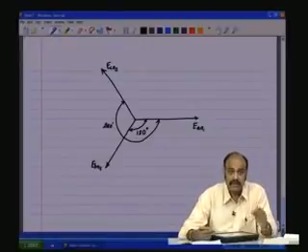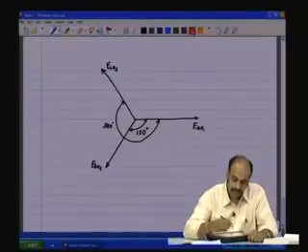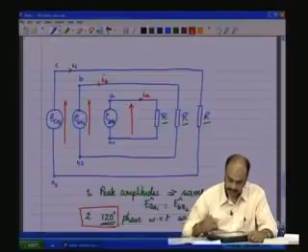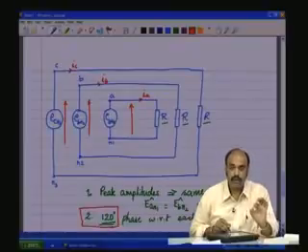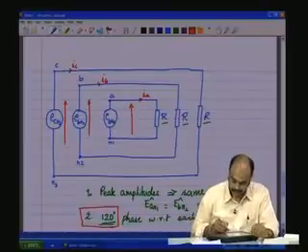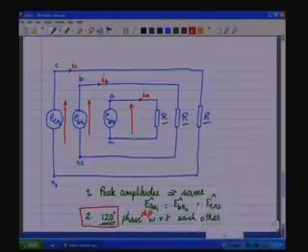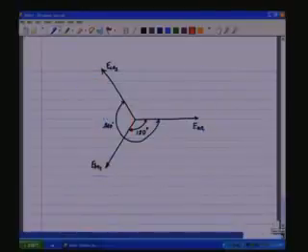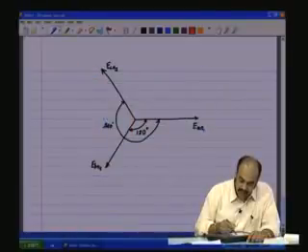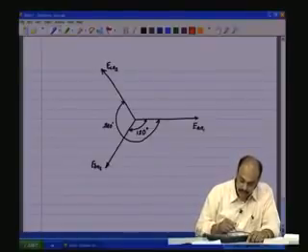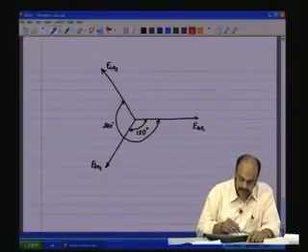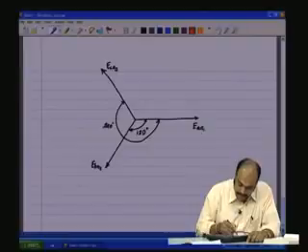Then the second constraint gets established. What does the second constraint say? It says there should be a 120 degrees phase shift with respect to each other, that is all these three sources. So, we have 120 degrees phase shift between EAN and EBN, 240 degrees phase shift between EAN and ECN on the negative side, but this means that ECN is leading EAN by 120 degrees,